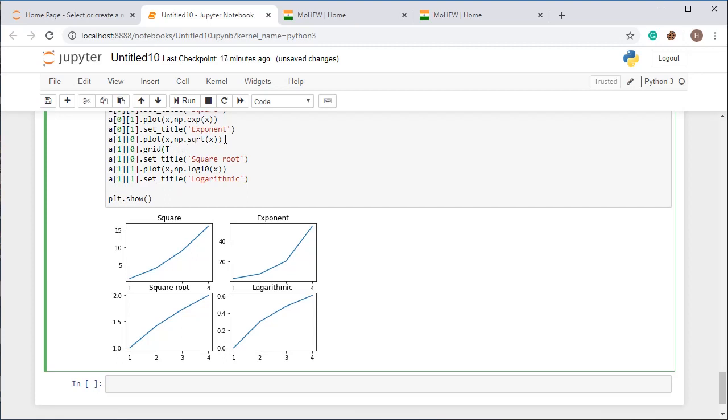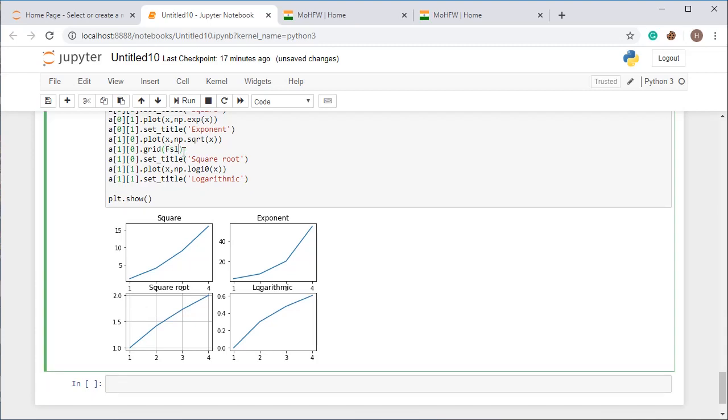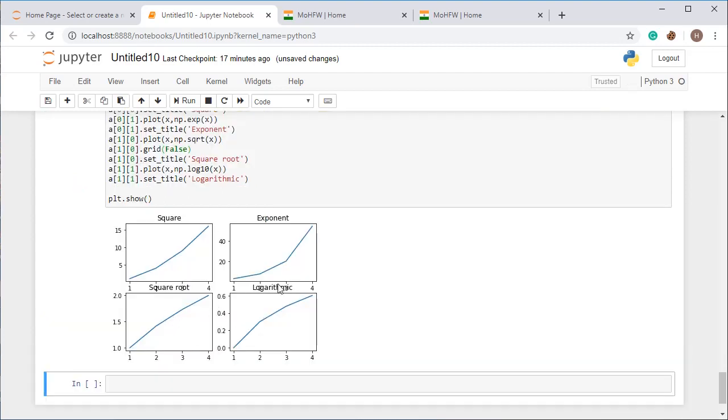Now if you run this cell, you can see the grid is displayed. If you set it to false, and by default it is false, this will be as normal as the others. In this manner, you can display the grid.